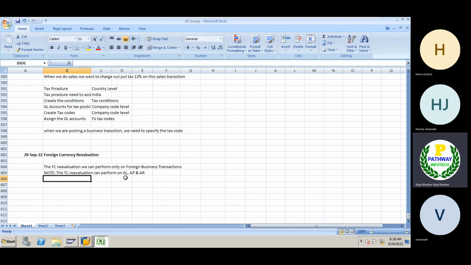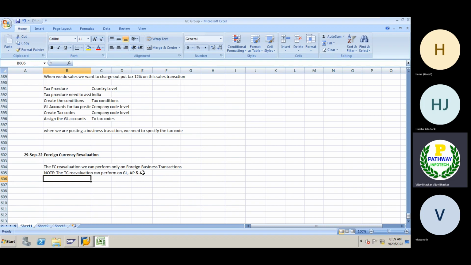Then accounts payable. In real time, in most cases the issues come from the business from the accounts payable point of view, because when we make the payment in accounts payable, it has an impact on our financial books of accounts. That is the reason more concerns come from the business from the accounts payable point of view. I will explain step by step.